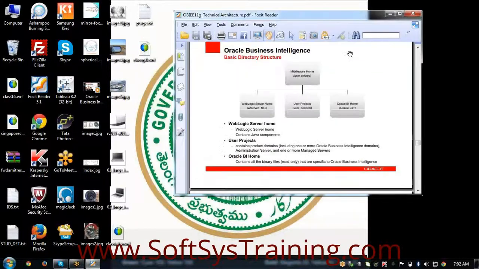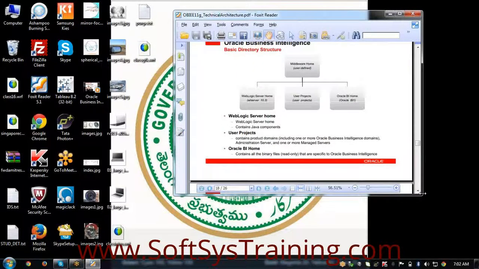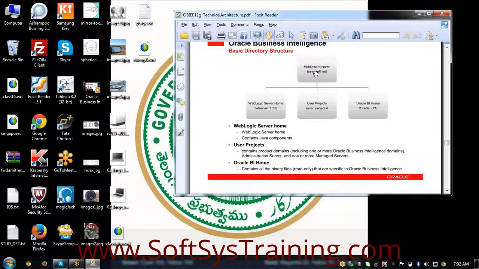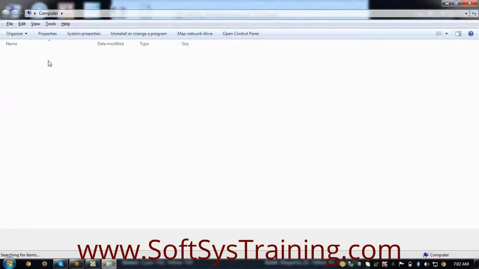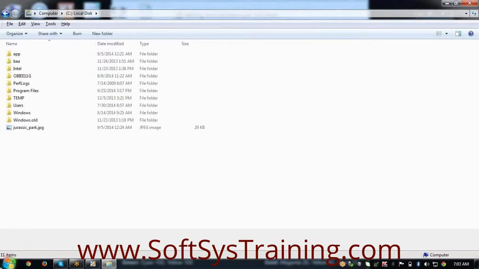Yes, Devi. See, this is called a Fusion middleware home here. So when we install, we also create a Fusion middleware home. Why do we call it Fusion middleware home? Because we are going to install OBIEE, and OBIEE is a part of Fusion Middleware. Earlier it was a part of enterprise management software. So when you want to install OBIEE, we create a Fusion middleware directory home, and you can give it any name. Normally we used to give it as FMW, Fusion middleware home.